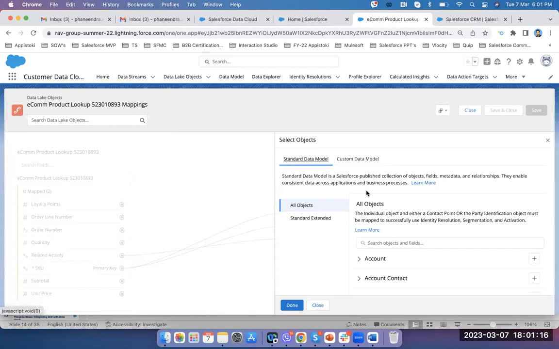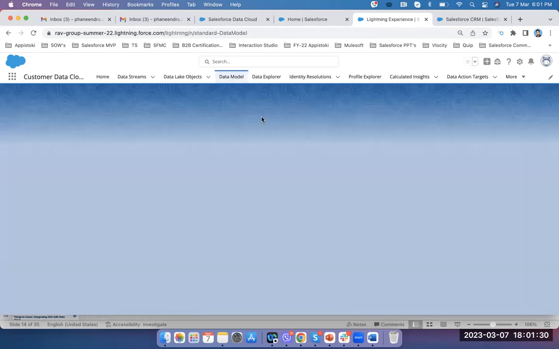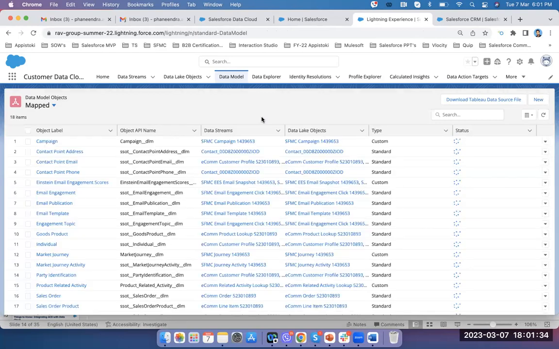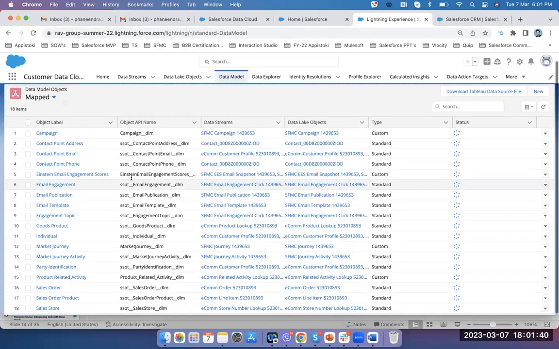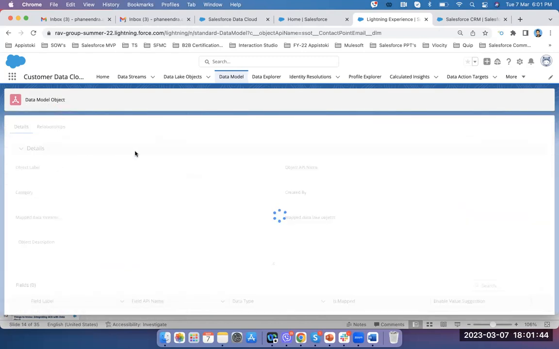Once you've designed this in Data Cloud, once you've done your mapping, and once you click on save, this automatically runs the data in the backend. And then all the source fields will be allocated to your goods product data. You can see all the data under data model. If you look at your data model, there is a table which you have connected already. If you look at your data streams, because one of the data streams that you have connected, if you look at contact point email,